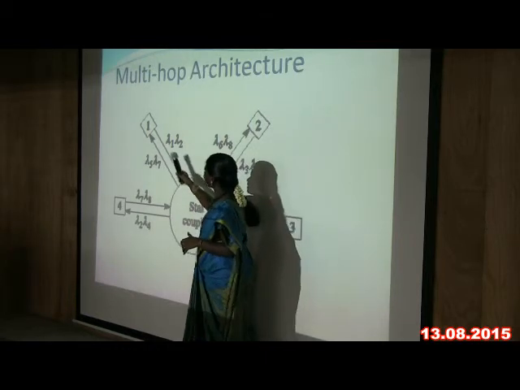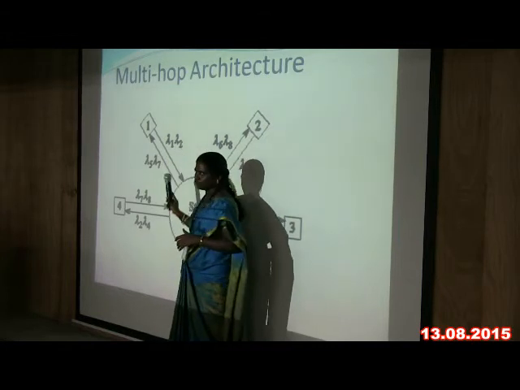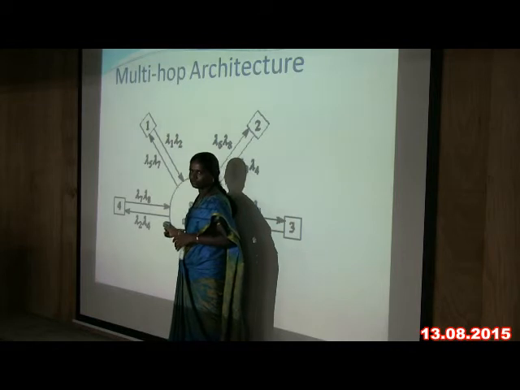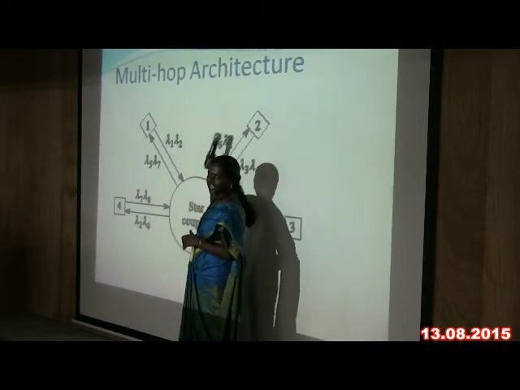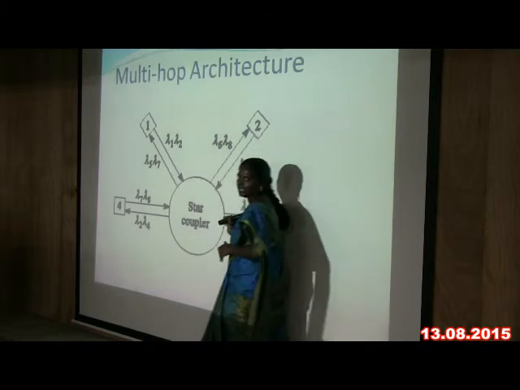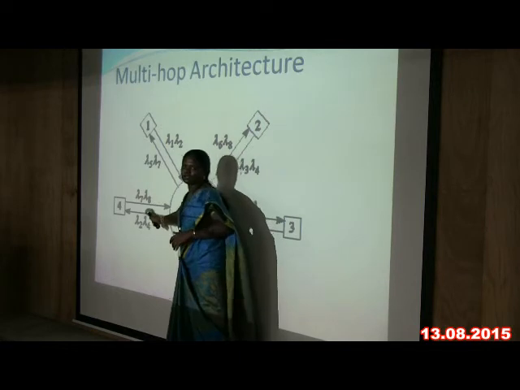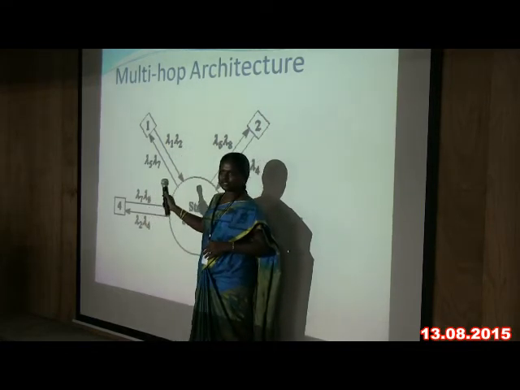Here, from node 1 to node 4, node 1 uses lambda 1 and lambda 2. Node 4 receives wavelengths lambda 2 and lambda 4. Using these wavelengths, we are transmitting data to node 3 and node 2. Once again, node 2 to node 4 uses the lambda 4 wavelength. Got it?